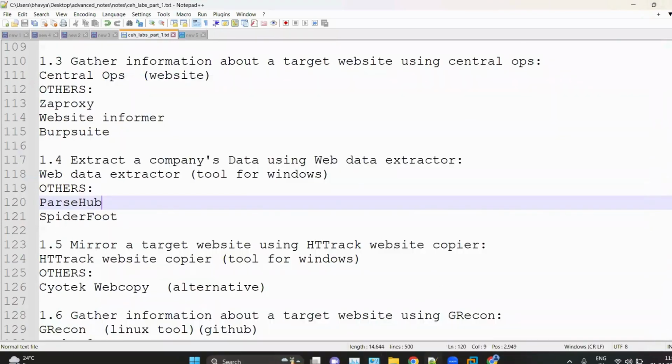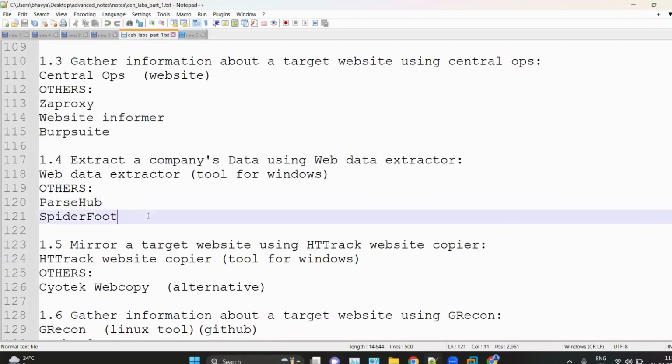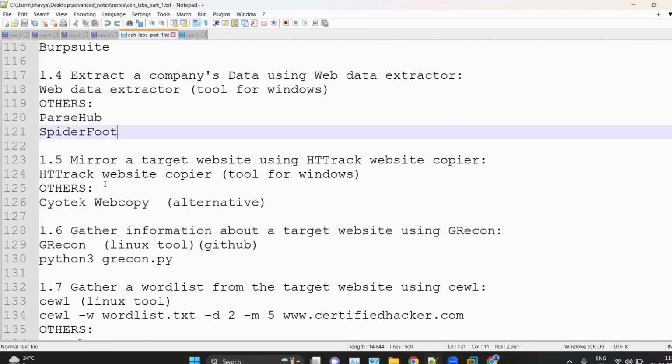So this tool is very easy to use. You install it, and there is a box for the IP. You put the IP address or the domain you want to scan, and then the tool will automatically gather information for you. It is straightforward, you can use it by yourself. Then next we have mirror our target website using HTTrack website copier. Okay, this web data extractor,